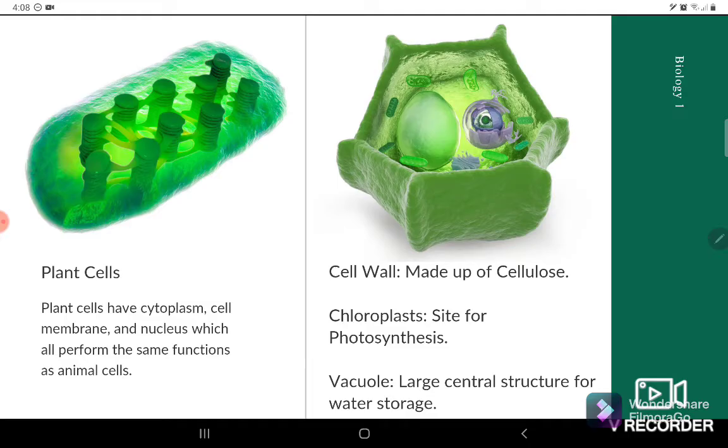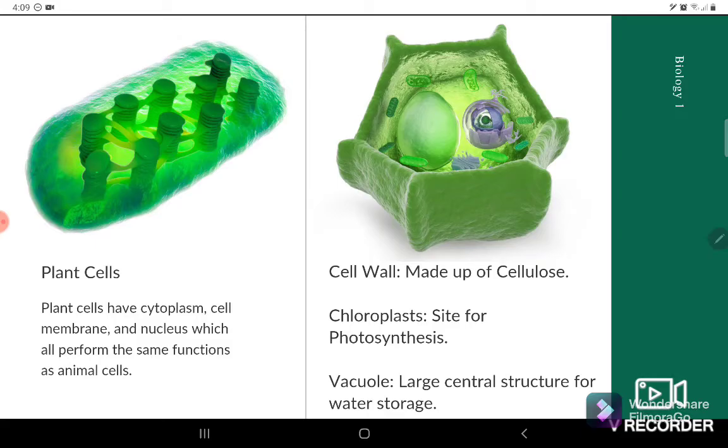semi-permeable. And then the cytoplasm is a fluid-like structure located inside the cell where all of the different organelles are embedded. And then the nucleus is the central structure of the cell, where it contains all of the cell's genetic material, and the nucleus is also the command center of the cell. So plant cells and animal cells have cytoplasm, cell membrane, and nucleus, with the same functions. However, there are